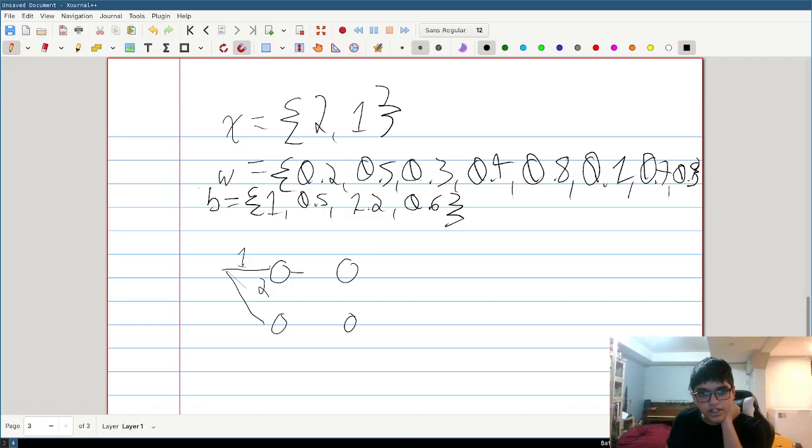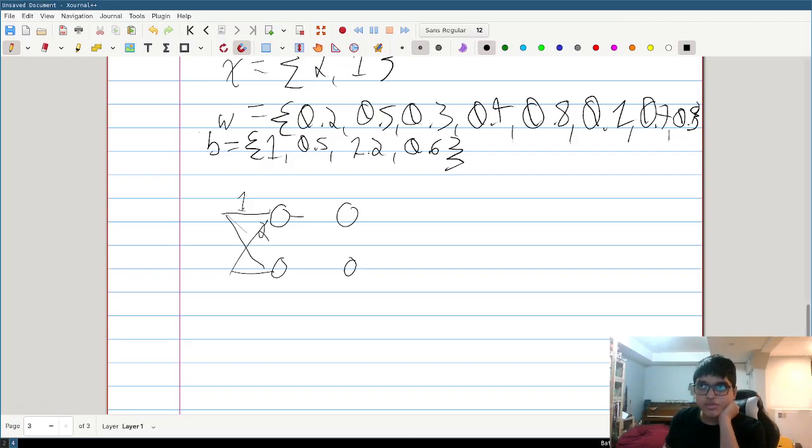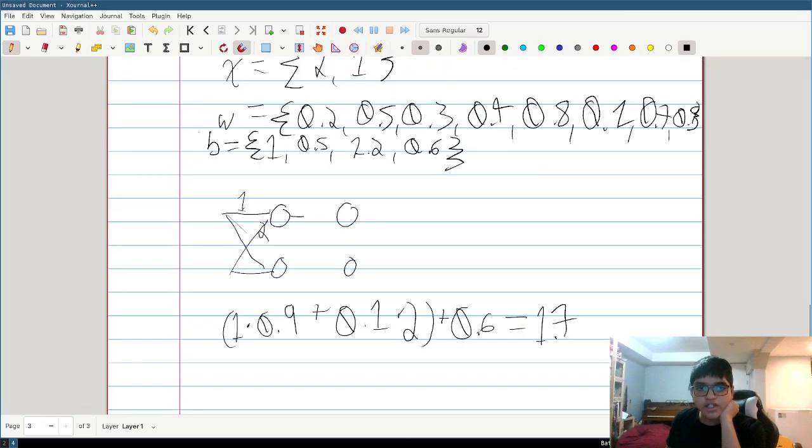So the output of this neuron is 1 times 0.9 plus 0.1 times 2 plus 0.6, so that is equal to 0.9, 0.2, so 1.1, 1.7. 1.7, and then the output of the second neuron is